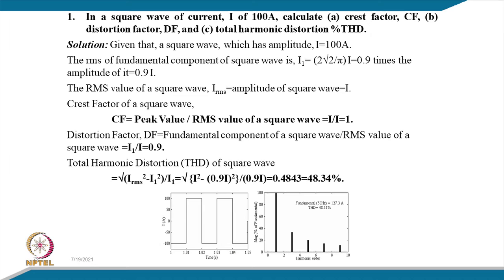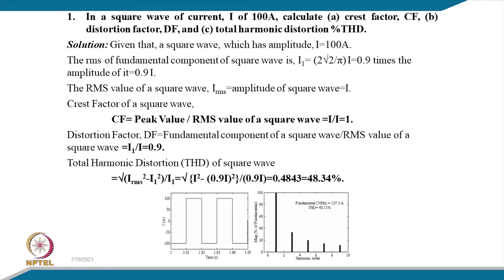I mean, corresponding to 100 ampere as the amplitude of this square wave, the fundamental is typically about 127.3, and total harmonic distortion is 48%. So, coming to the solution of this, we are given a square wave which has an amplitude of 100